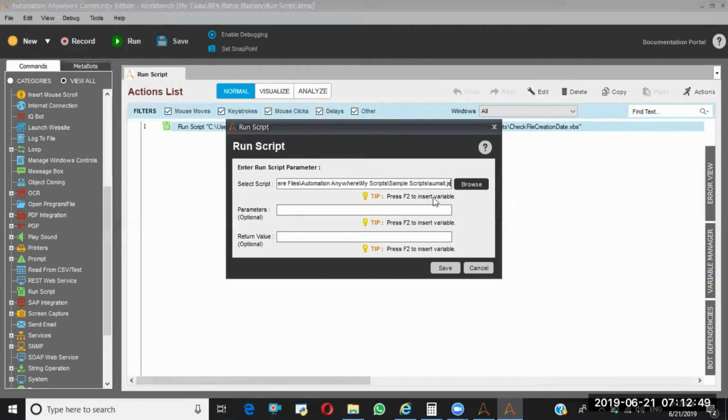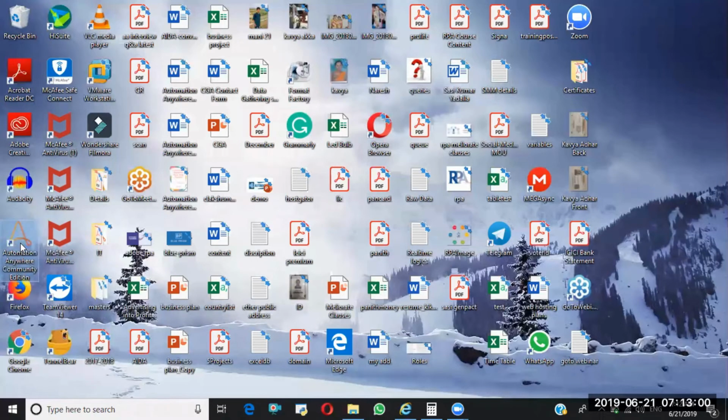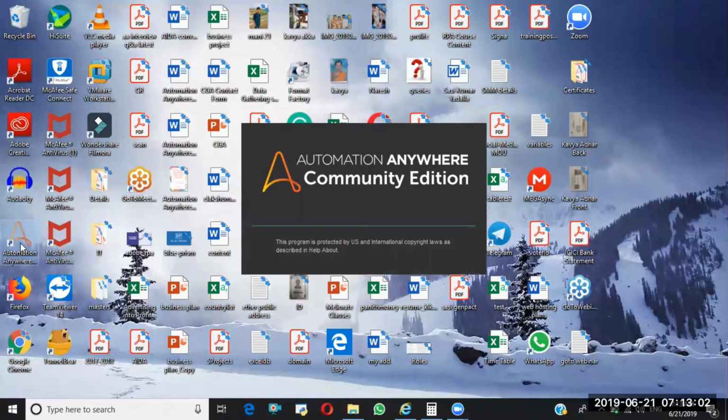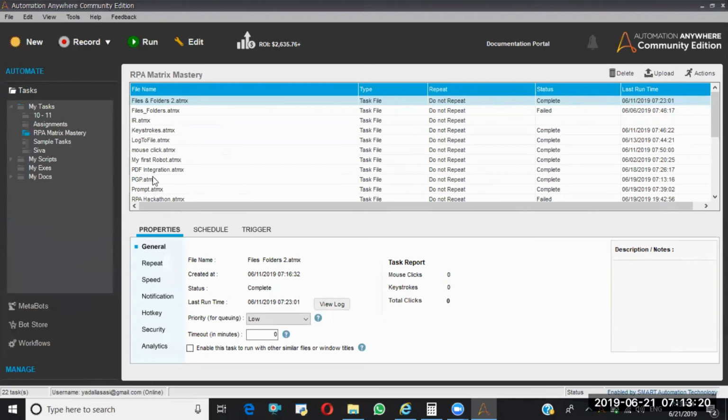This JavaScript is going to sum the given numbers. That means I'm going to give some numbers as parameters.